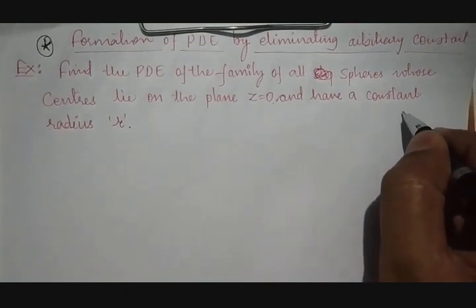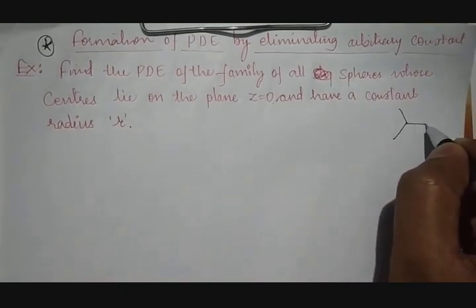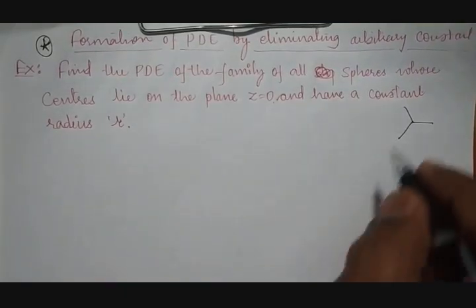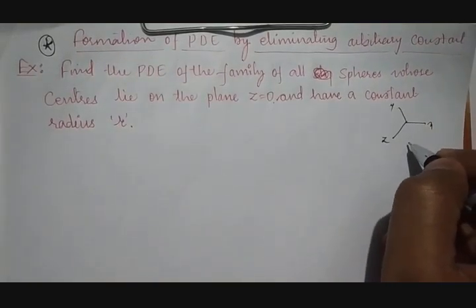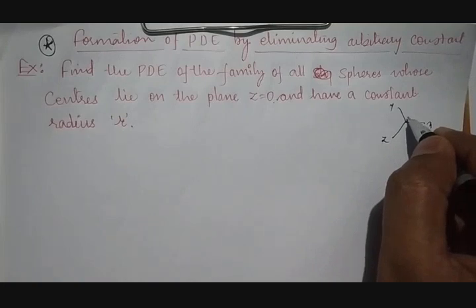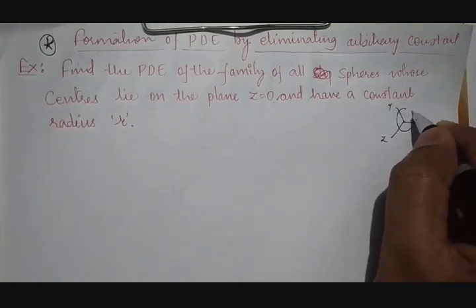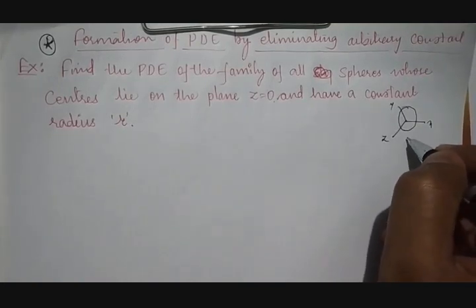What it means? A sphere means it will be three-dimensional, where x will be there, y will be there and z will be there. So what is our expectation? Our expectation is something like this. This will be the sphere. But what he said,